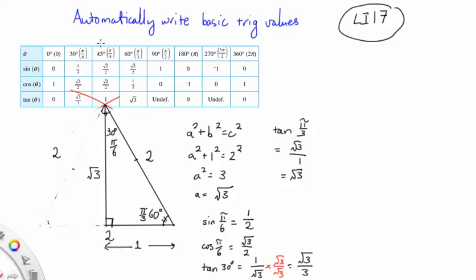Well, we've just discovered a triangle that lets us find these values here and these values here. What about these ones? And what about all the rest? Well, I'm going to leave all the rest to you. That's to do with the unit circle. But we're going to go through how to find these ones. To do that, we're going to construct